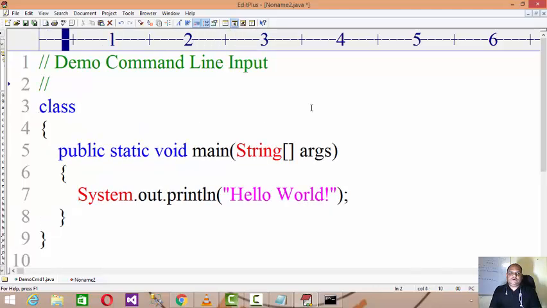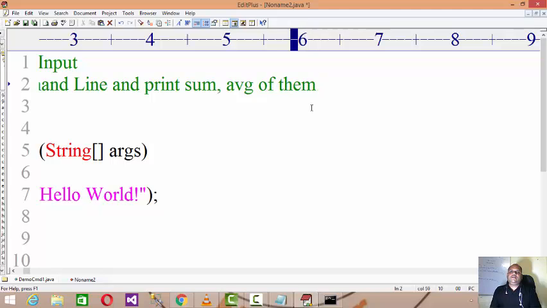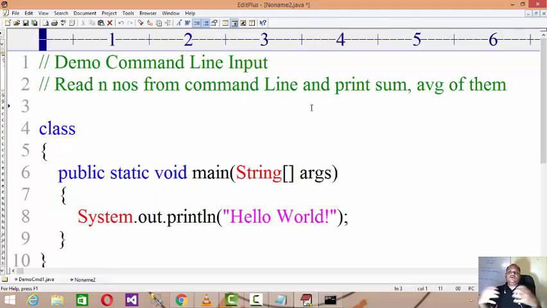Read n numbers from the command line. Now we have to input all the numbers and print the sum and average of them, right? Let us say I want to read a set of numbers and then perform their summation and average.